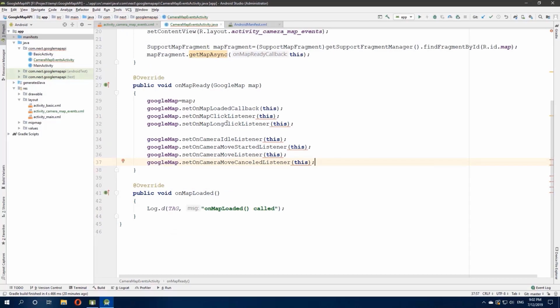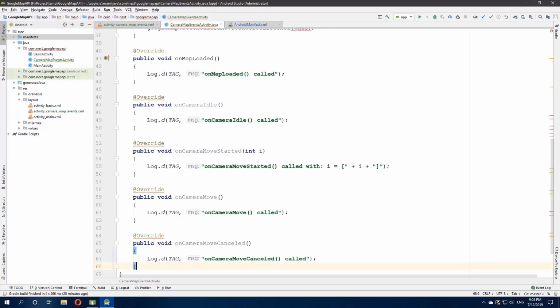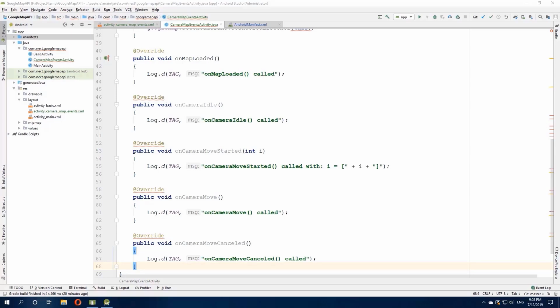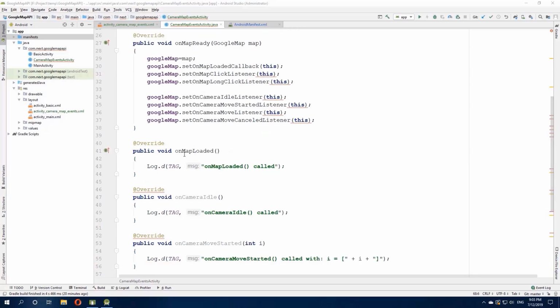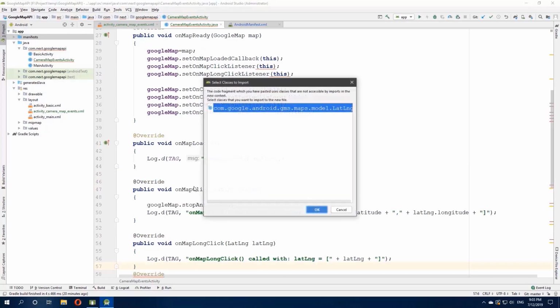I have added set on map click listener, set on map long click listener, which is clear what to do. Set on camera idle listener. This happens when the camera isn't moving anymore. Set on camera move started when you start to move the camera, and this one when the camera is moving, and on move canceled when you cancel the move. Okay, so basically we have added all the listeners,